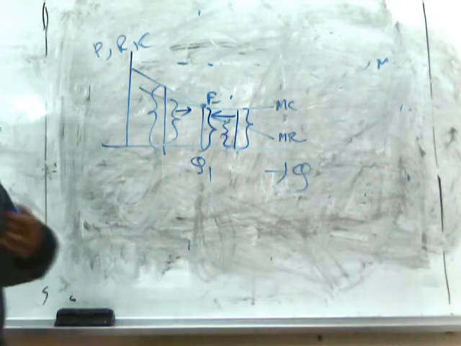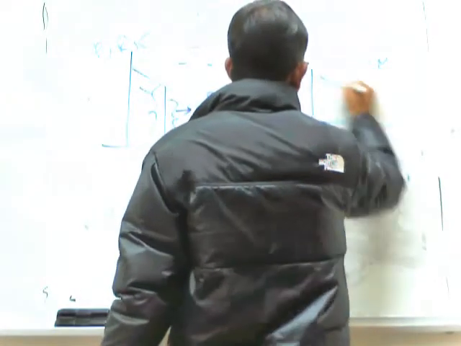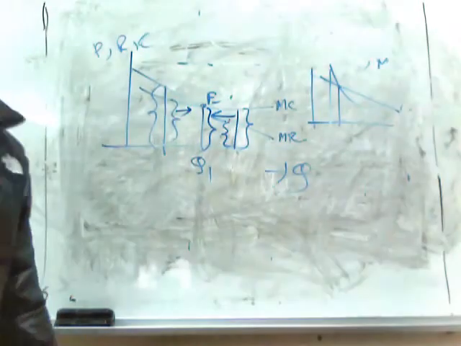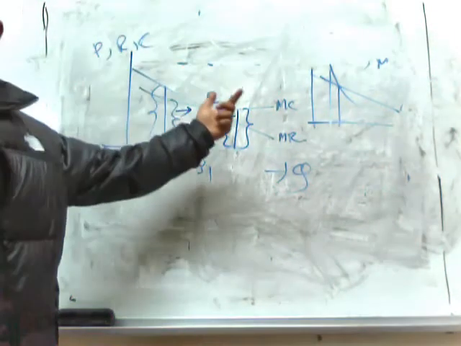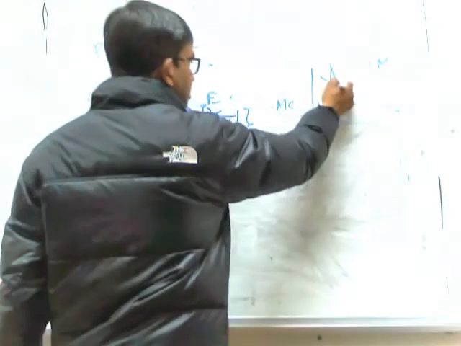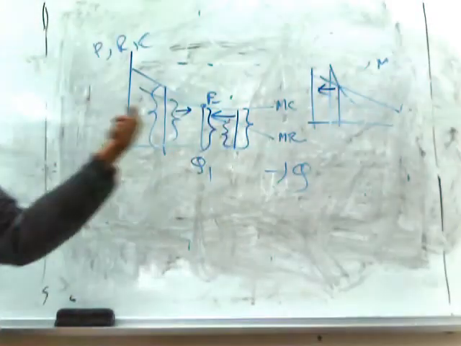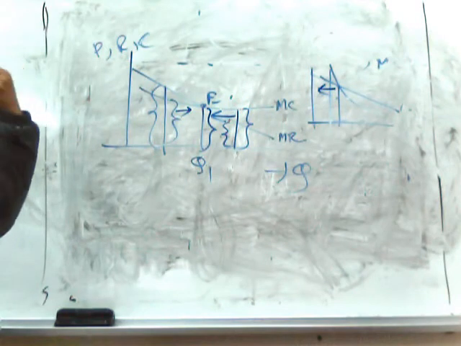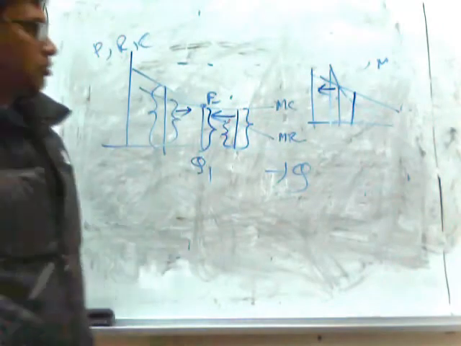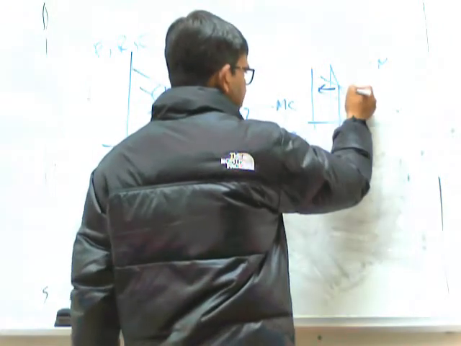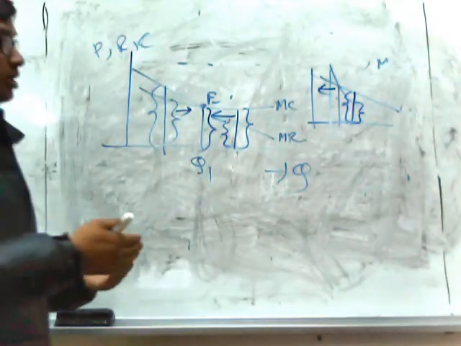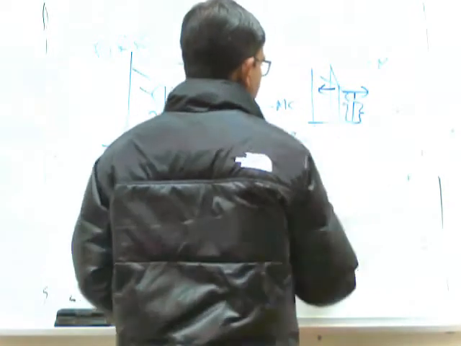But if the case is opposite, what we will find? You move to the left side of the equilibrium, what do you see? The additional cost of producing one more unit is greater than the additional revenue earned from one additional unit. So the monopolist will further reduce the output. And if we move to the right side, what we will see? The cost of producing one additional unit is less than the revenue earned from one additional unit. So the firm will increase the production. So it will move away from the equilibrium.